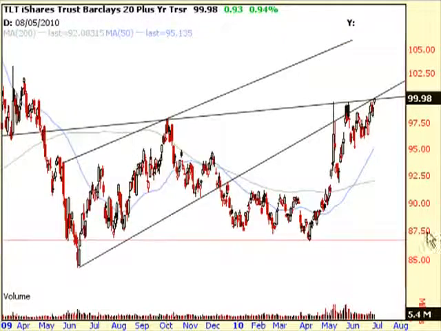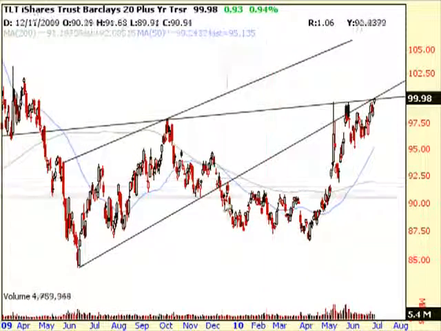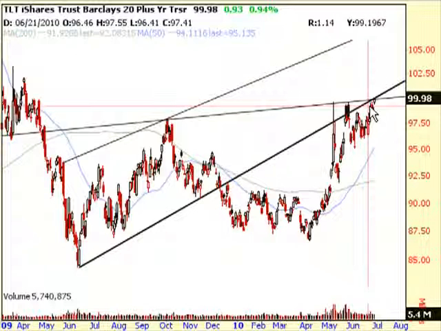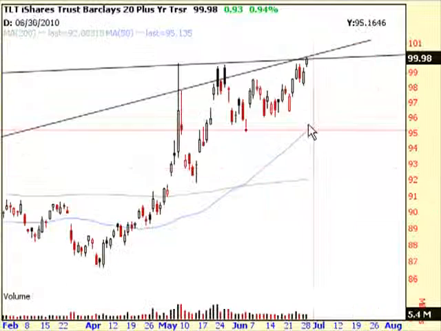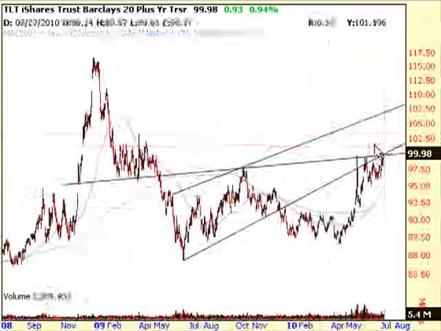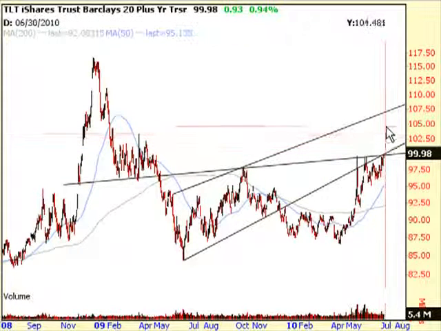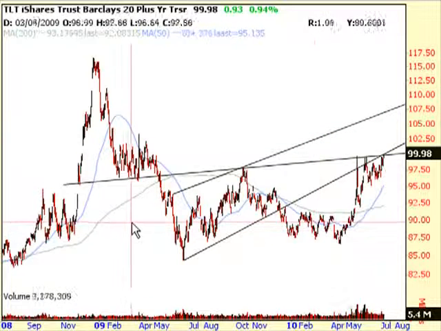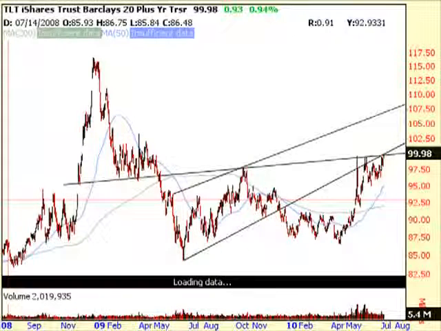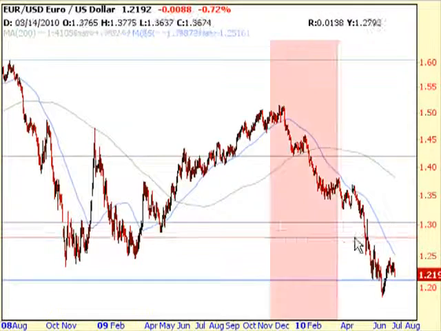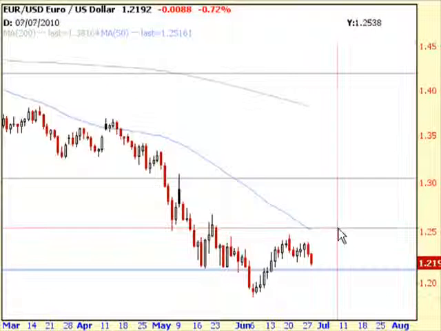You can see I've drawn a couple trend lines here, definitely this major one that is following the underneath side. If it breaks above this apex where it's at right now, it could easily head up into the 102, 105 range overnight, really. So we definitely want to watch these charts and know where they are in relation to the equity markets.